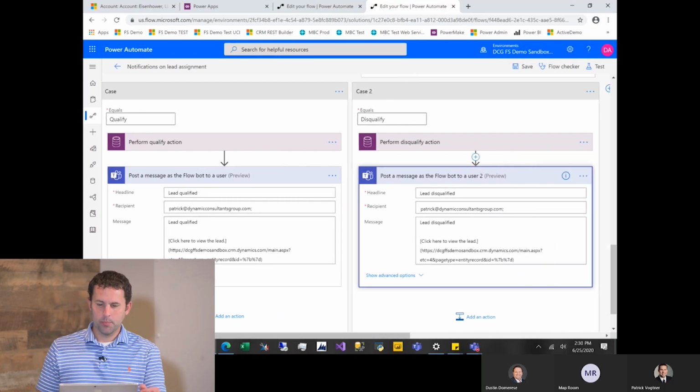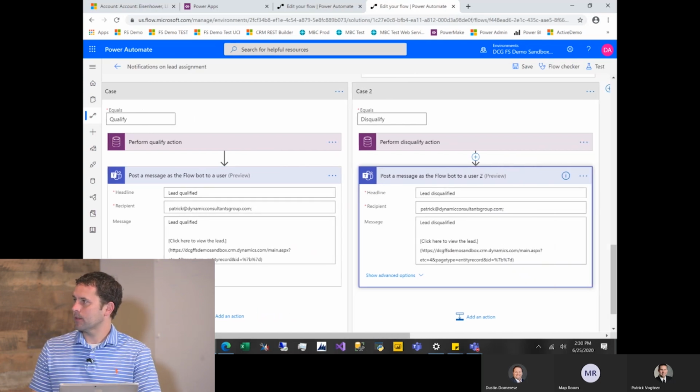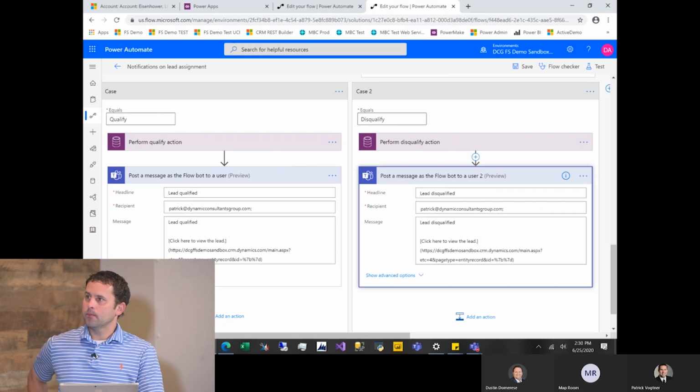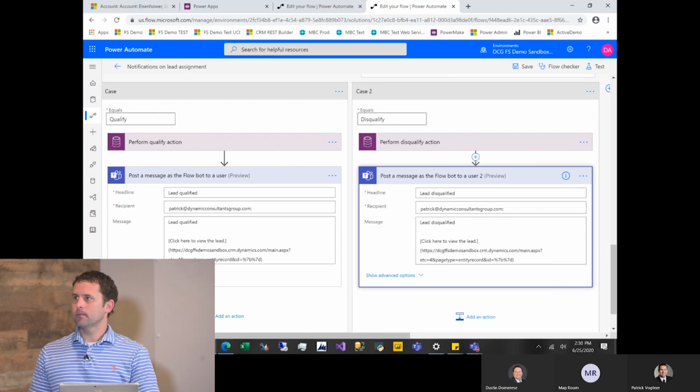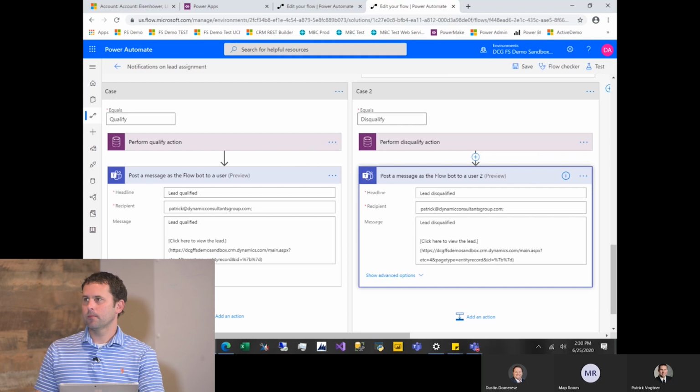Now I noticed that we're using Flowbot in this. Yes. That is essentially Microsoft Flow's way of creating its own person that can communicate back and forth with Flow, or inside of Teams rather. So this is a direct message. It's not going to a channel. It's not a post. It's a direct message to a specific individual who needs to perform that action.